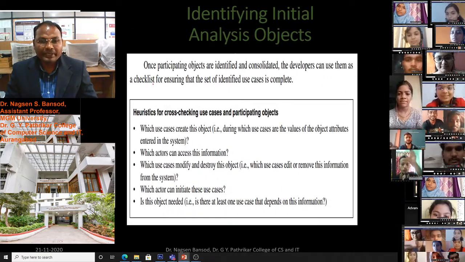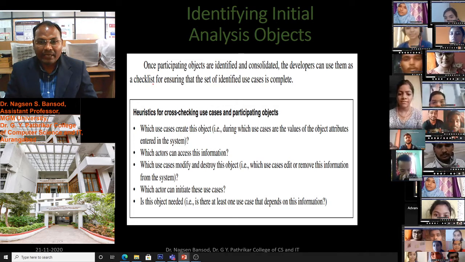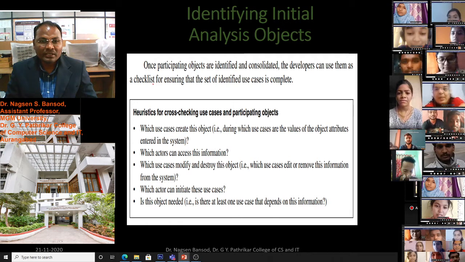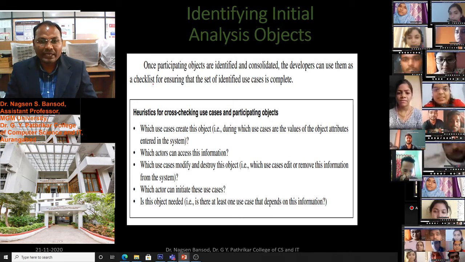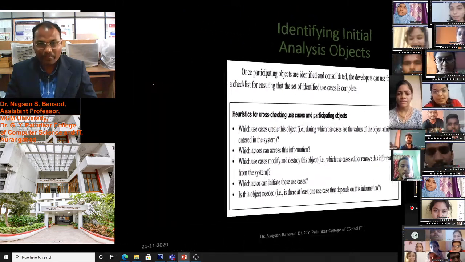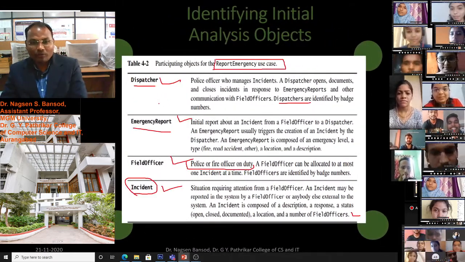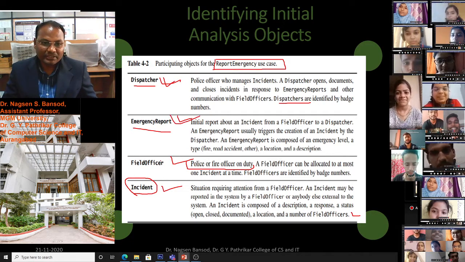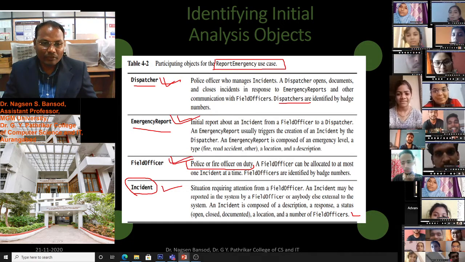Once participating objects are identified and consolidated, the developers can use them as a checklist for ensuring that the set of identified use cases is complete. We have identified the objects: dispatcher, report emergency, field officer, and incident.